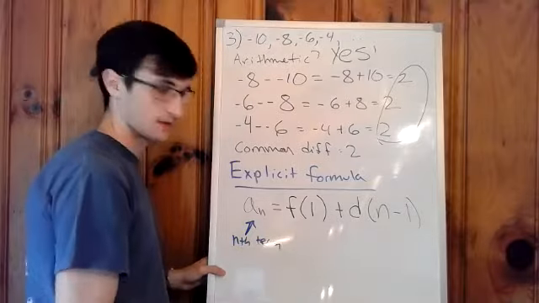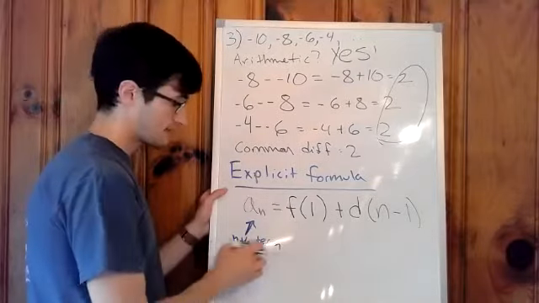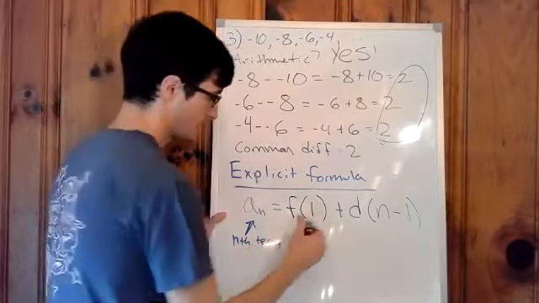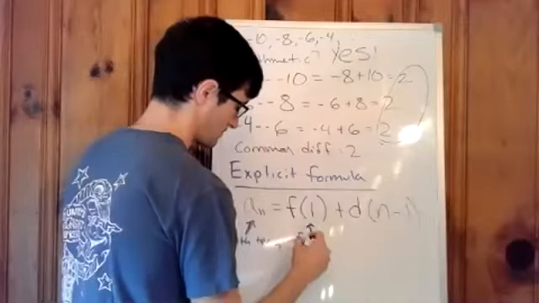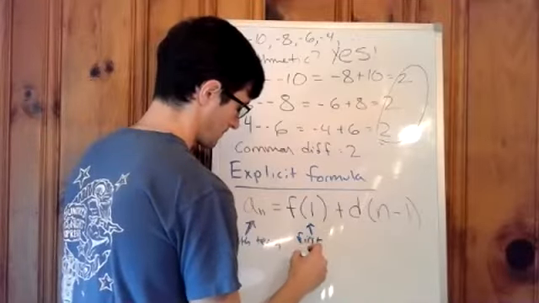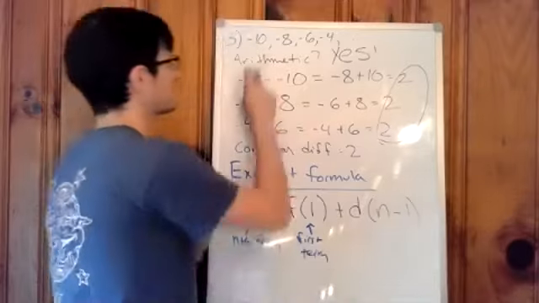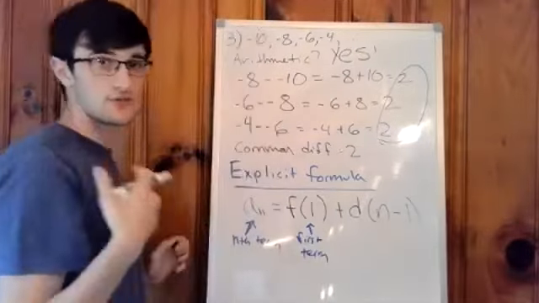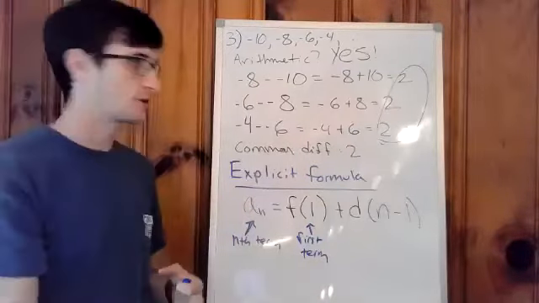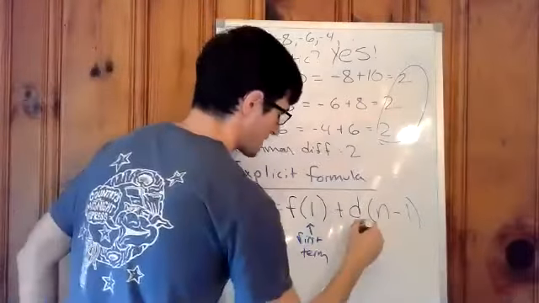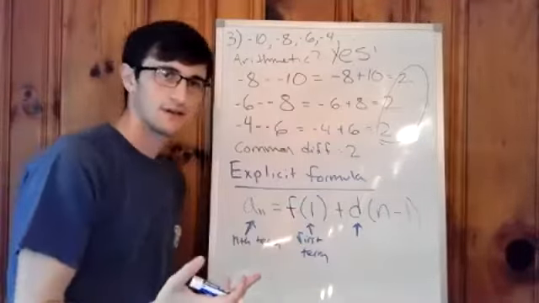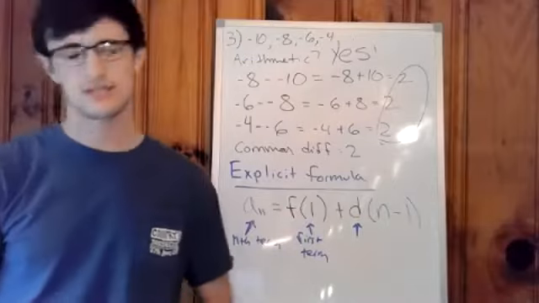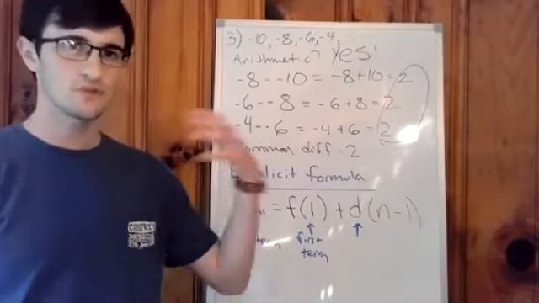Whatever term you want it to be. This is again our first term, in this case -10 up here, the line leader, the one that comes in front. Instead of our common ratio, since we're dealing with a completely different kind of sequence, you have arithmetic